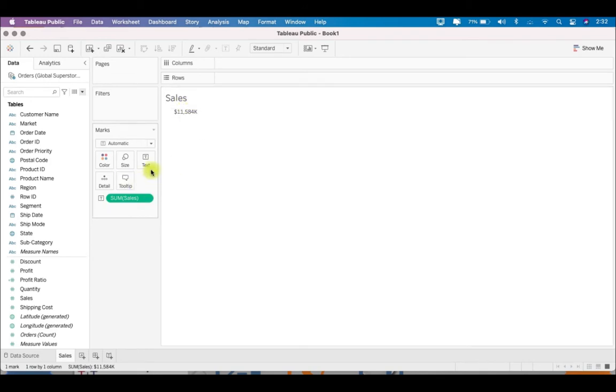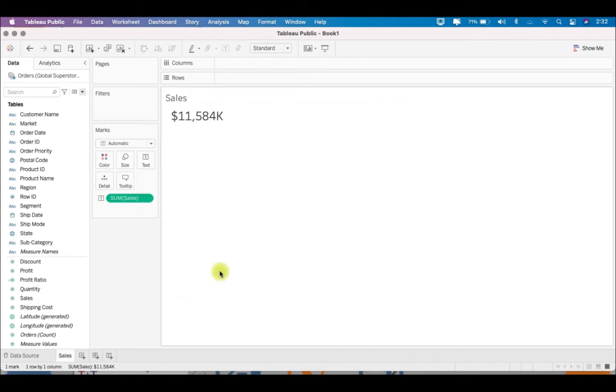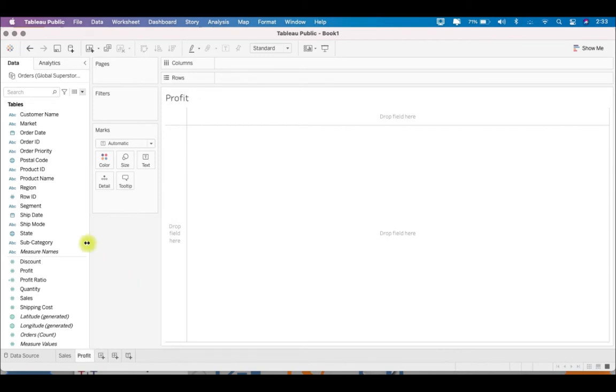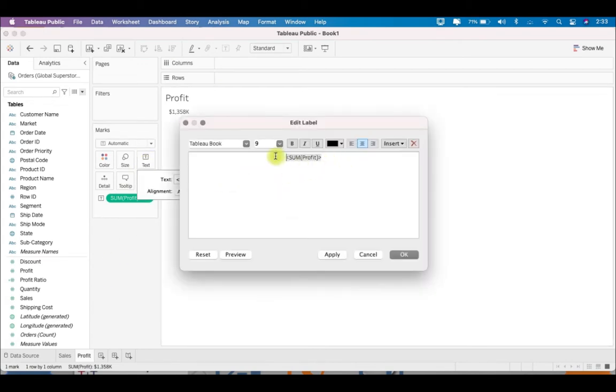Then we can change the font of the text, maybe to 20. Then he'll go here and build the same for profit. So done here, profit. Again, we'll edit this to make it, let's say, 20 font.